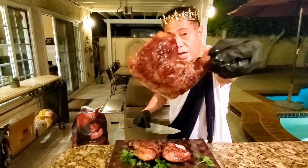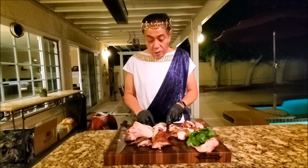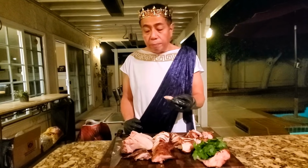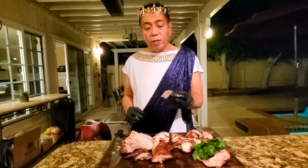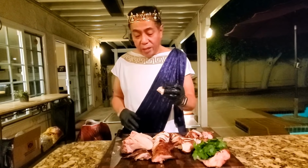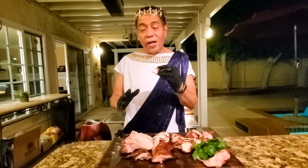Absolutely gorgeous thigh and drumstick. You can see the breast is super moist and juicy. Let's try a piece of the breast here. Looks super moist and tender. Wow, great flavor. That fish sauce has really penetrated with a lot of umami flavor. I'm getting a hint of that funkiness from the asafoetida, and I can understand why the wine and the